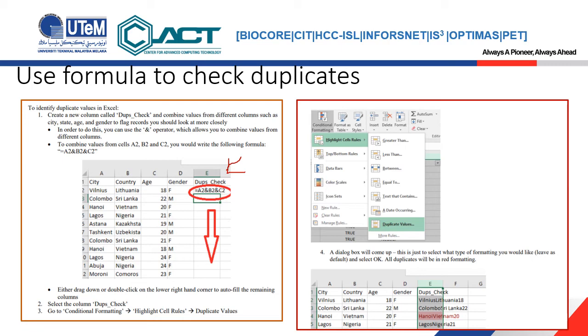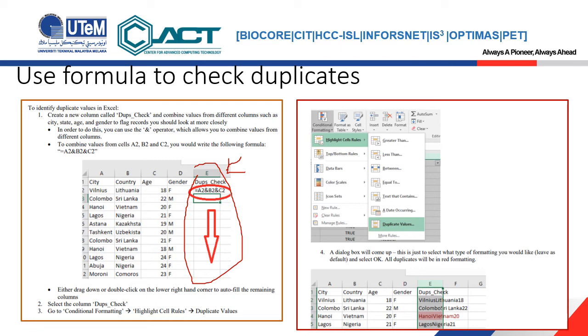When you fill in the formula in the first cell, you can just drag it to apply the formula to all rows. Just drag the plus sign at the bottom right, with your mouse pointer over it, or you can just double click at the bottom right corner of the cell, and it will populate all the formula results. Once you do that, you can check for duplicates by using